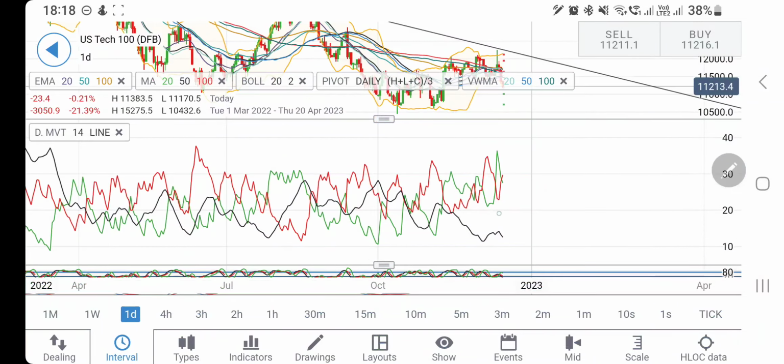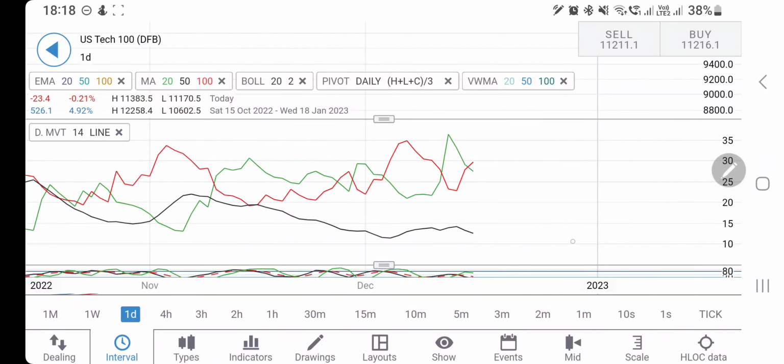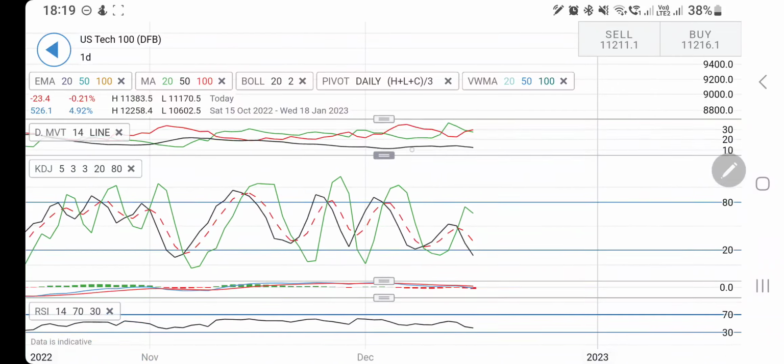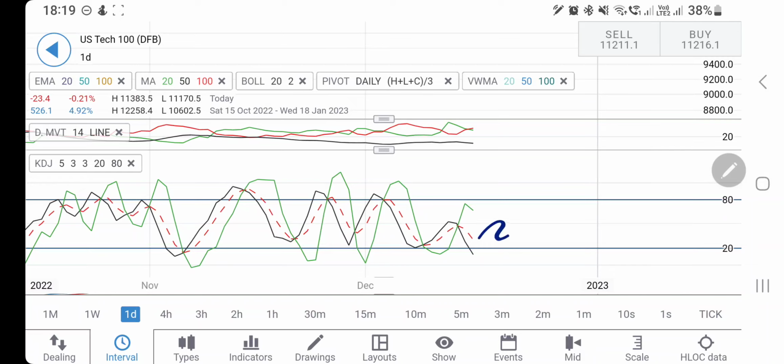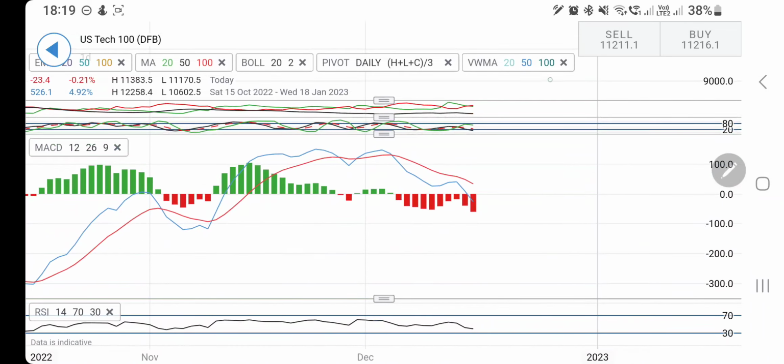Also remember the fact that the directional movement here is trying to take another bearish crossover. So this was the time when it traded bearish, then the bullish cross, and now it has crossed over for the bearish move; it is divergent. And the daily stochastic has come to oversold levels. The variance is still lagging, but the possibility for it to converge and cross over for the buy side exists.